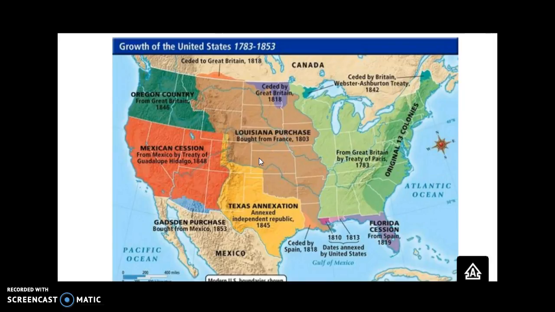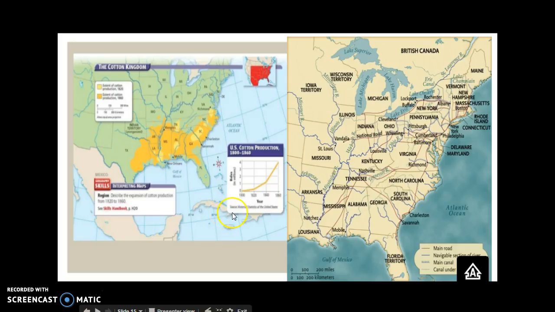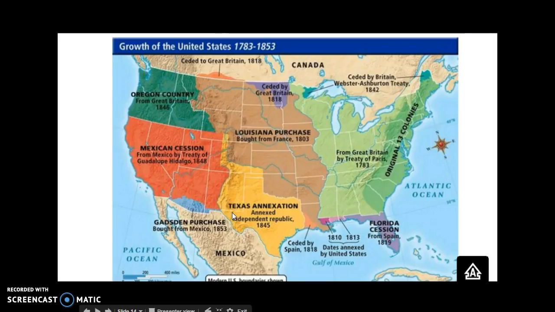Every time we acquire new territory, these new territories will become states, and that issue will be brought up again. Is it going to be a slave state or is it going to be a free state? You see that we gained some of these territories due to problems with neighboring countries. So when we're purchasing new land, for instance Texas, we get Texas in 1845. Well, the very next year we get into a war with Mexico. So one of the negatives that come with new territories is that it also comes with problems with neighboring countries.